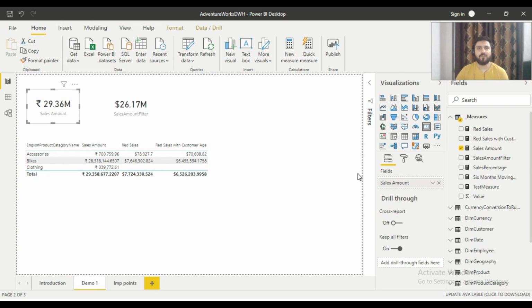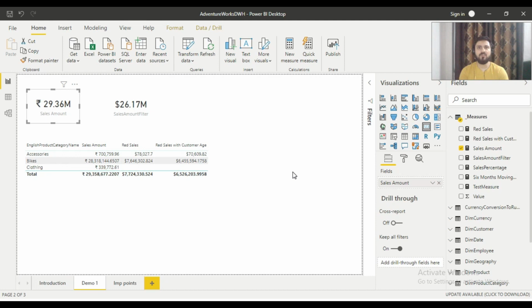So friends, I have switched to Power BI Desktop now, and let me start with the introduction to the table functions. As the name suggests, table functions are generally used to return a table. There will be two use cases where we'll be using table functions within DAX. The first use case is that you will use table functions to create a table inside the Power BI model. When I say inside the Power BI model, it means a calculated table.